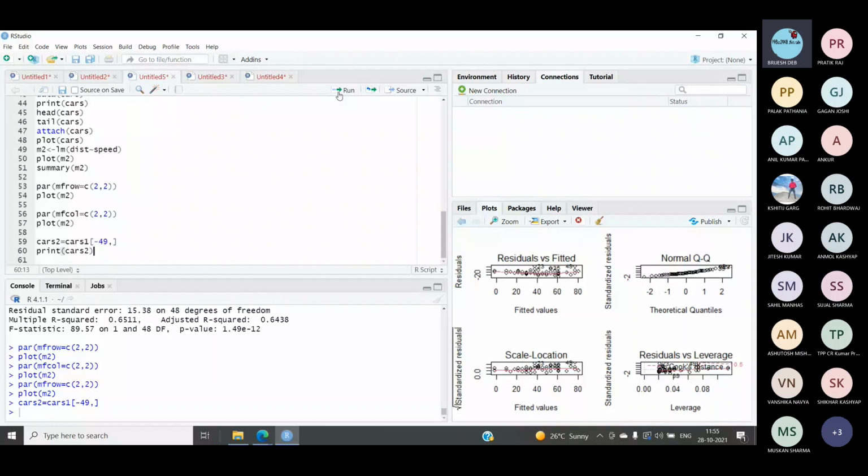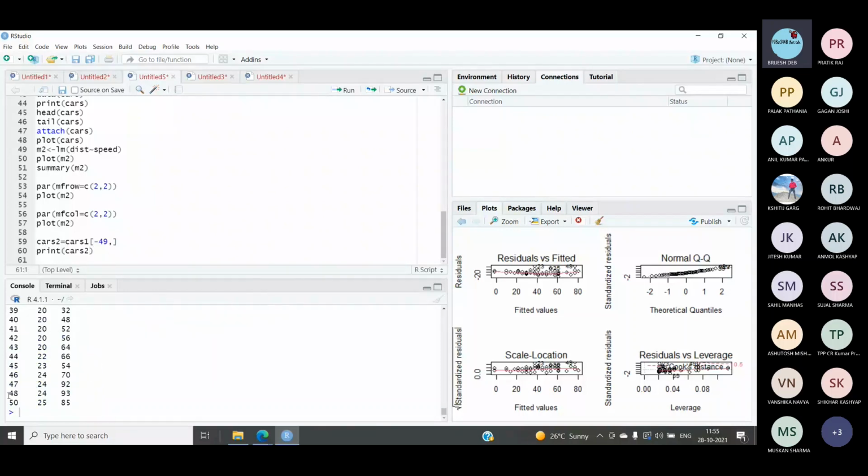Here you can see after 48 what is coming. After 48 we are getting 50 instead of 49. Why is 49 not coming? Because we have created a cars database, which we have printed here, after removing the 49th value from the cars 1 database. So that was exercise number 10.